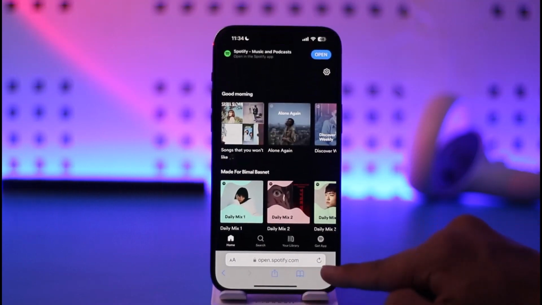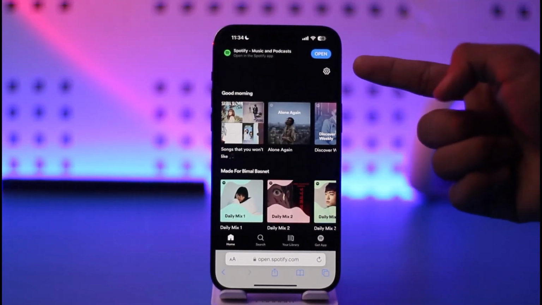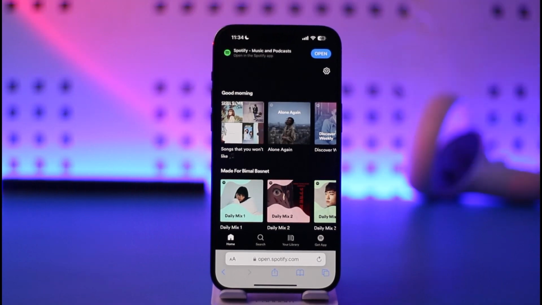is simply open your browser, go to spotify.com, log into your Spotify account if you do have a free account, or you'll be asked to create one right away. Just follow the instructions. In my case, I have a Spotify account where I want to simply get the premium,